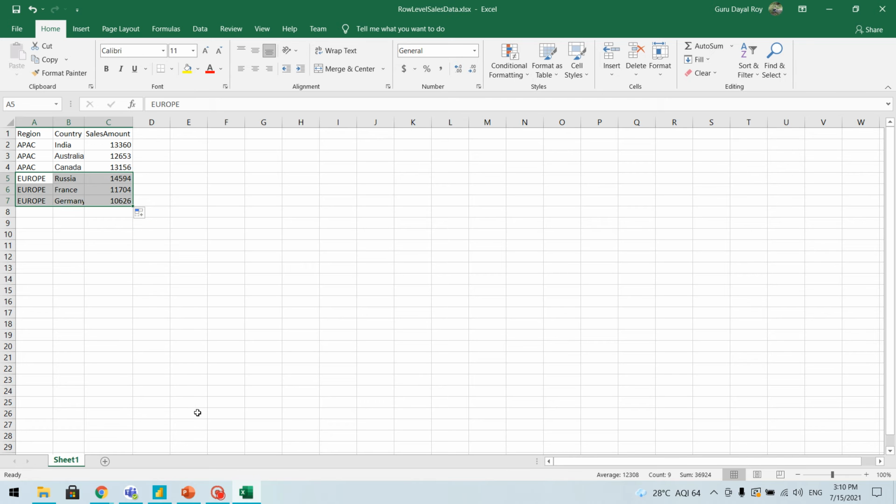Now we have two types of row level security here. One is static row level security, where we create roles, assign each role to a region, and then assign the users to those roles.